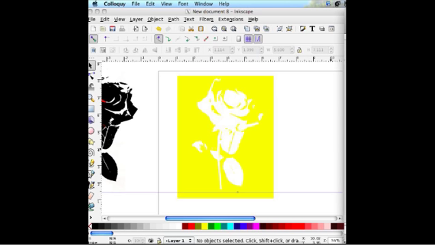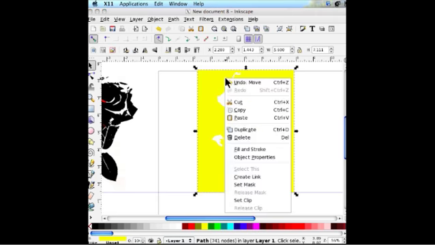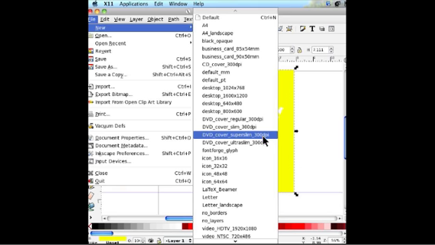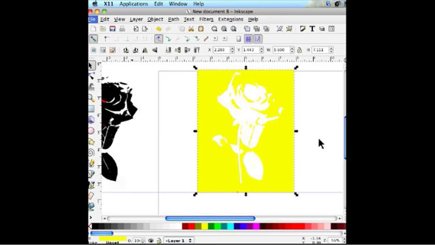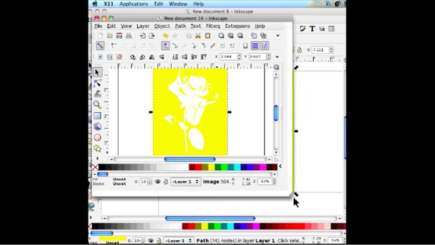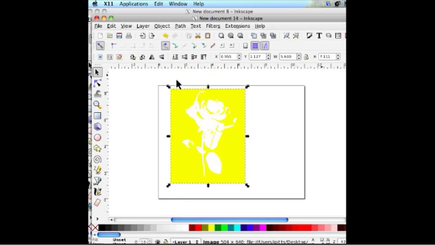Yay, Carol. Woohoo. Yes. So now I can click this. Now, before I save it as an SVG, I want to make sure I have nothing else on my, I want to get rid of all these. And since I still have things to work on, I'm going to copy, and I'm going to open a new one and paste, so that it's the only thing on my desktop, because you don't want anything else around here because it all